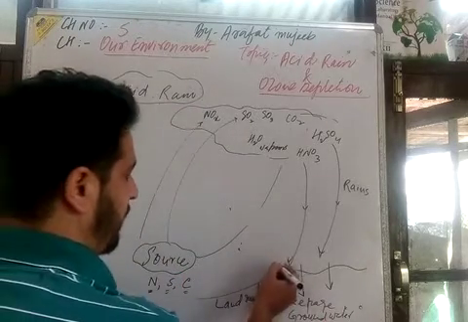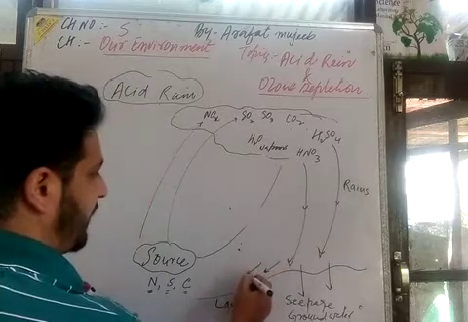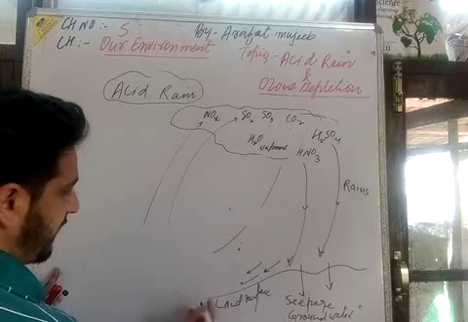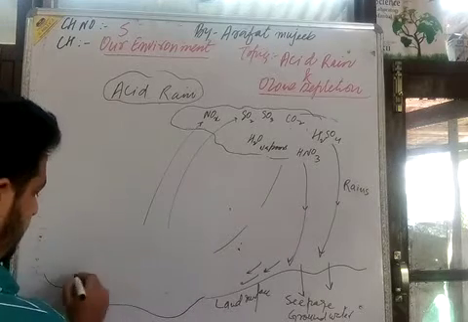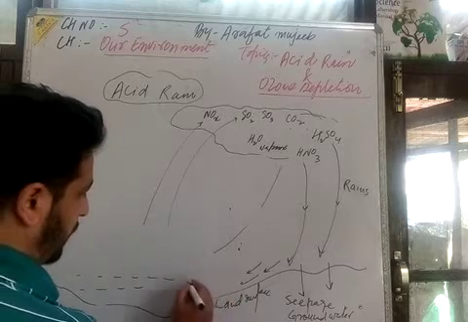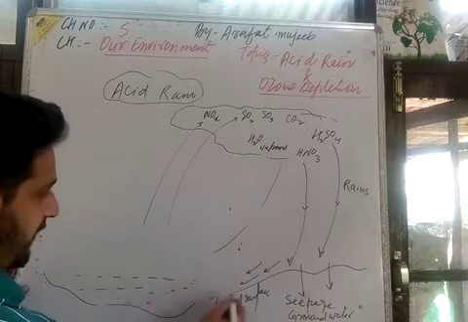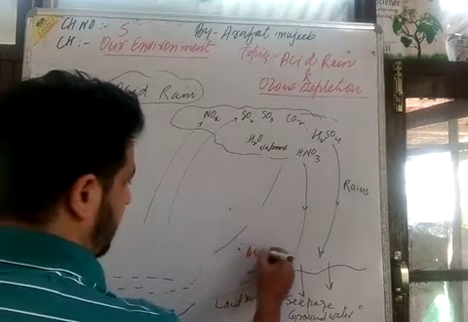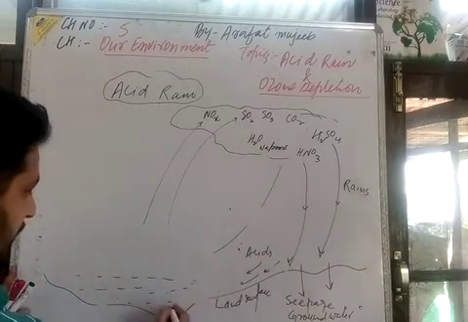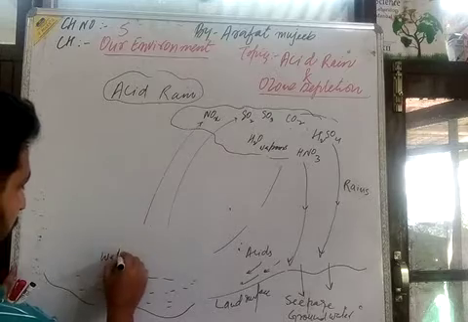When there is a flow or flash of water, this acid rain finds its way into the water bodies. Here it goes to the water bodies. These acids then have a runoff. They wash down to the water bodies. Here the water bodies are also